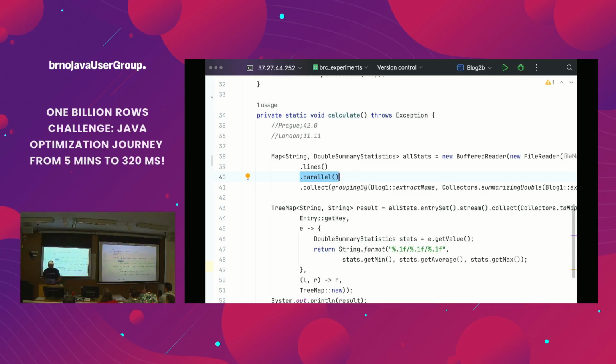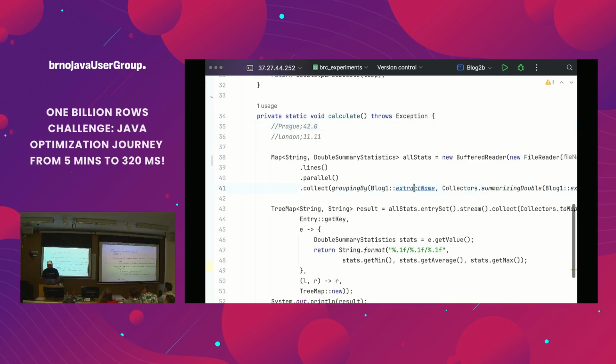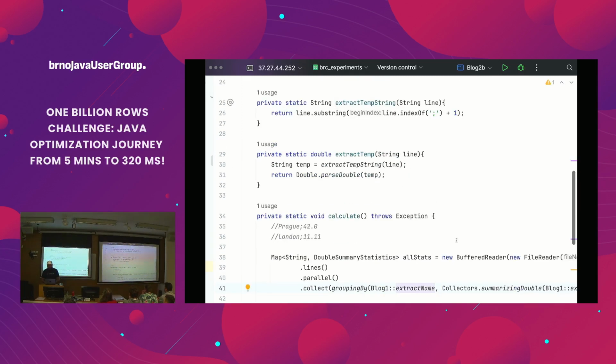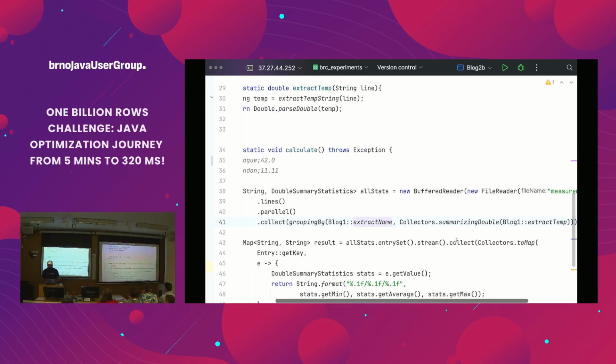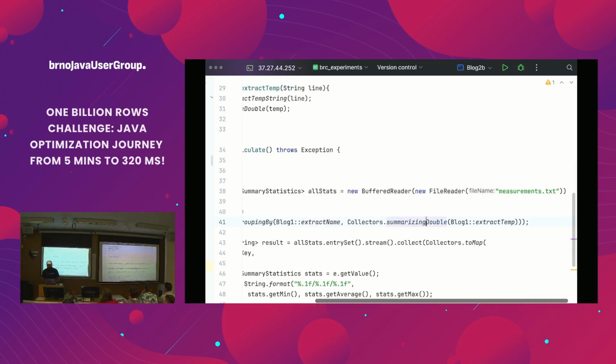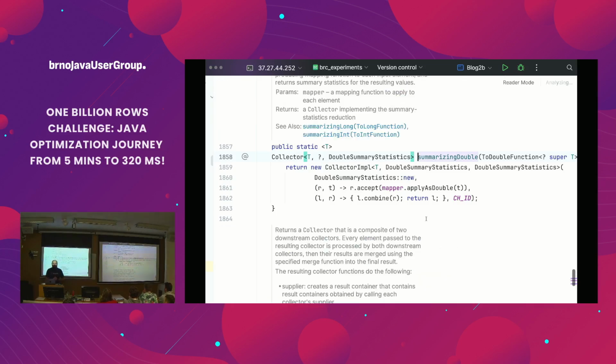Then it will group by the name. So this is the format in the file. From each line, it will extract the name of the city. If you check the extract name, it will basically take everything up until the semicolon, excluding that. And then it will collect it by the summarizing double collector, which, if you don't know this, is also built into the JDK.